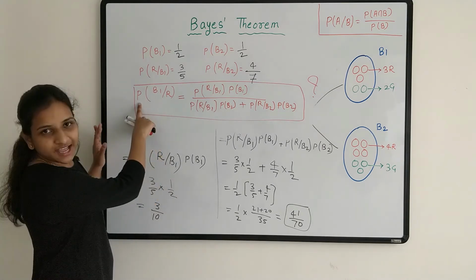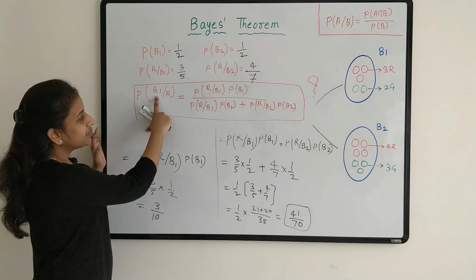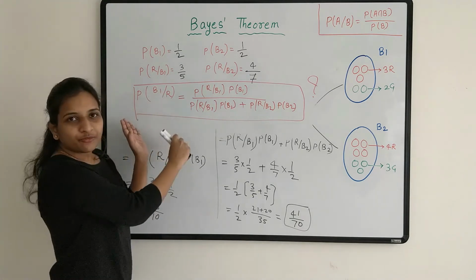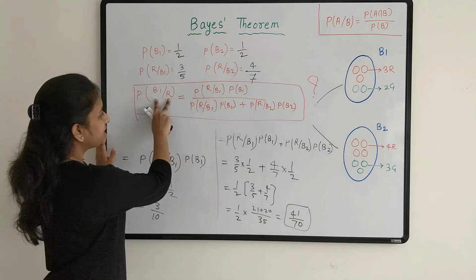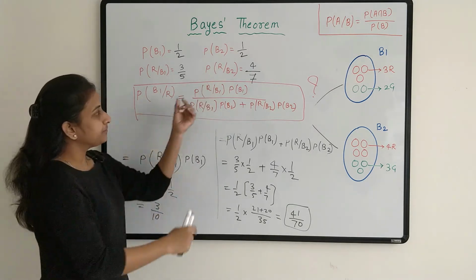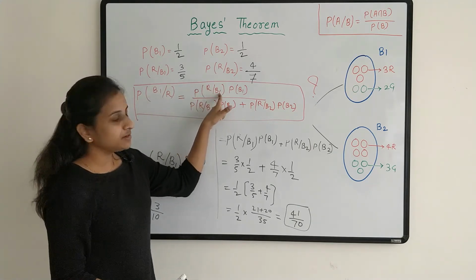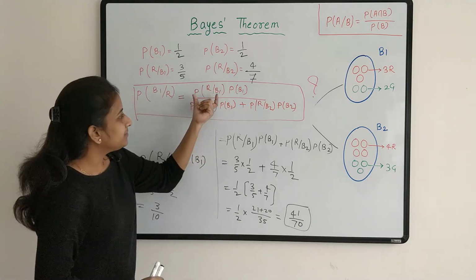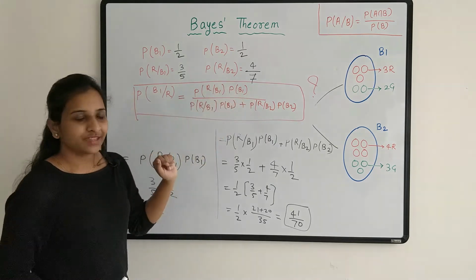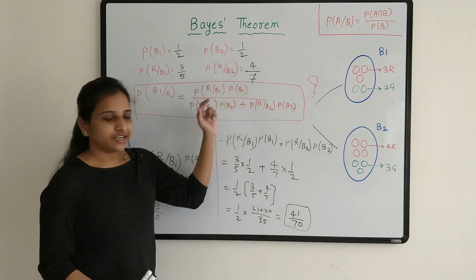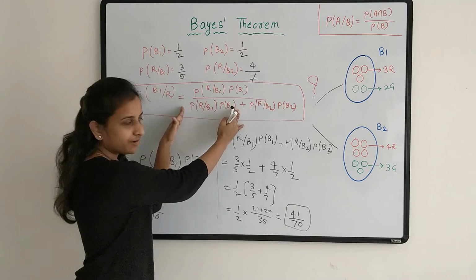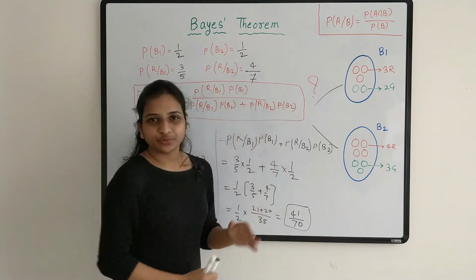See here what is asked: probability of bag 1 given that a red ball is already known. For this, the formula is this. Whatever is the given here, reverse it. Here B1 given R is there. Reverse it, so R given B1. Then multiply by the probability of the happened event B1. Now this is our numerator, divided by this whole term, same for bag 1 plus same for bag 2.